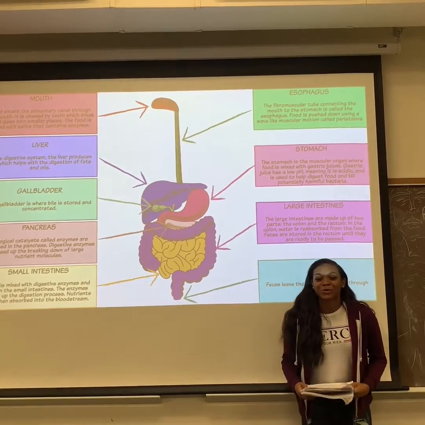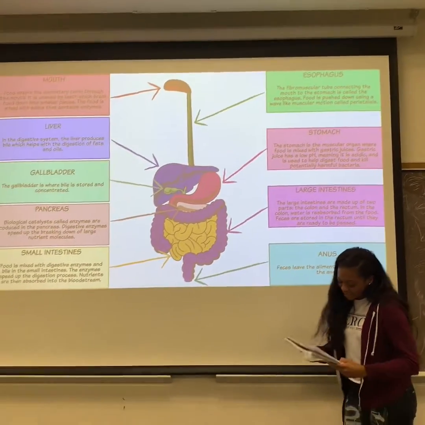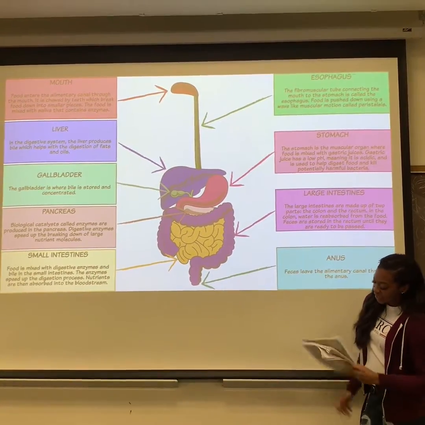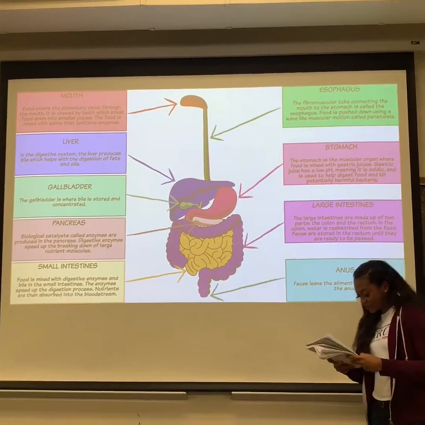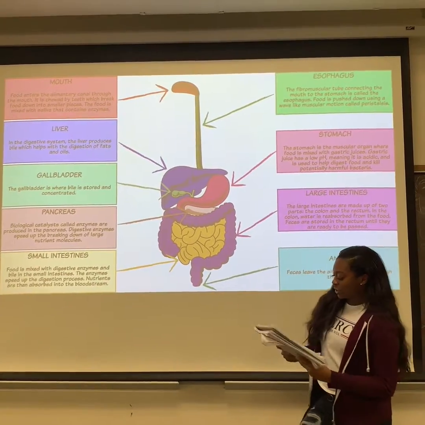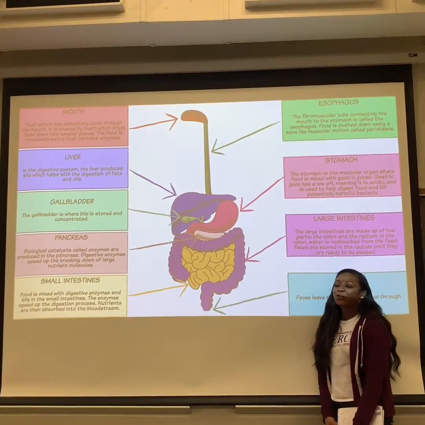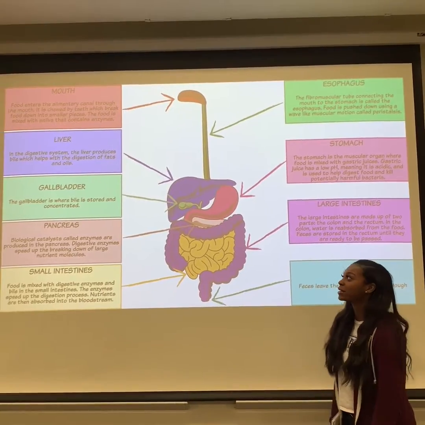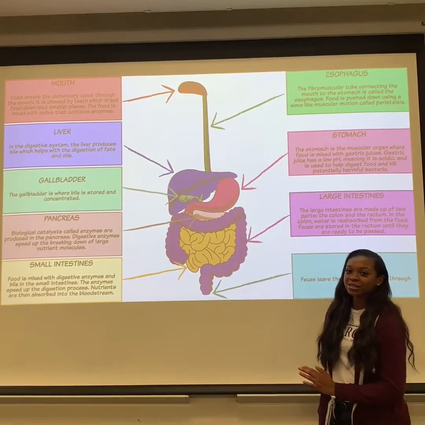Okay, so once your food is swallowed, it takes about 5 to 10 seconds to make it to your esophagus and into your stomach, where it takes from 2 to 6 hours to digest. The final part of digestion and nutrient absorption occurs in your small intestine over a period of 5 to 6 hours. And from 12 to 24 hours, your food travels through your large intestine,